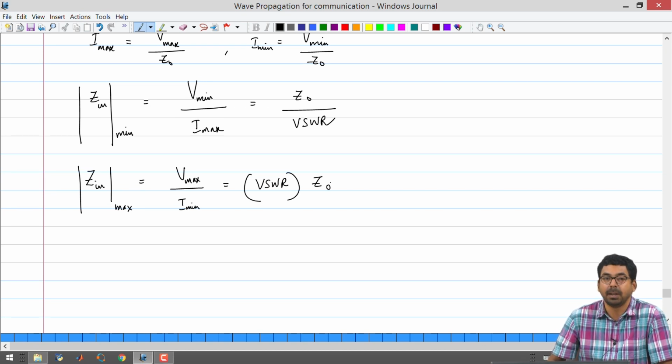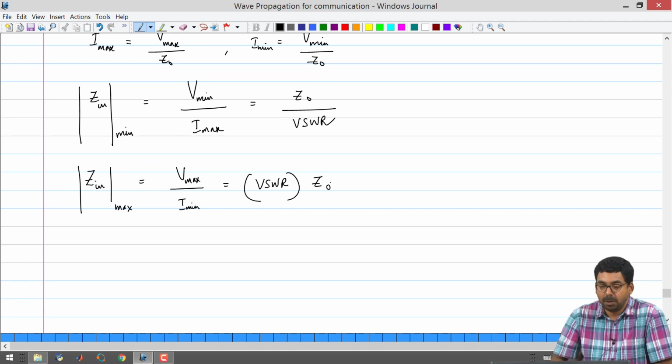So, these are the ways of looking at what your minimum impedance and maximum impedance in the transmission line can be, minimum current, maximum currents, what they can be. Usually they revolve around finding out the voltage standing wave ratio. These quantities are important because if you are dealing with transmission lines and if they have to carry some current, you want to make sure that electrically and mechanically it is going to be stable. You want to make sure that the current rating for the materials that you are using is going to be supporting these levels of current, all right.